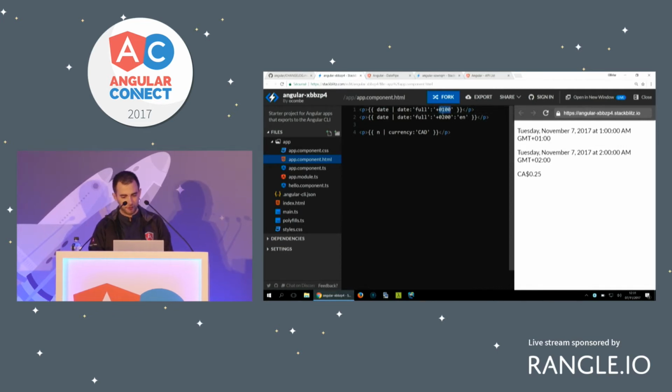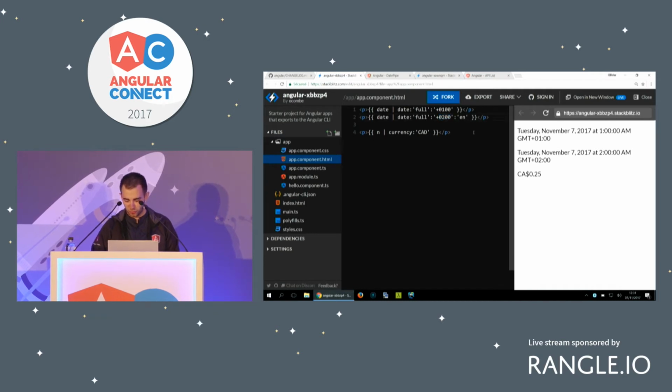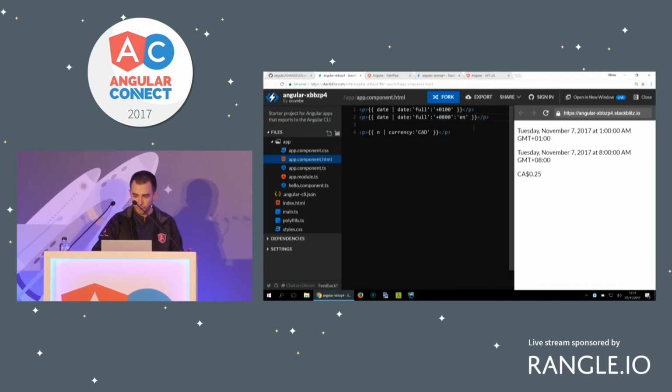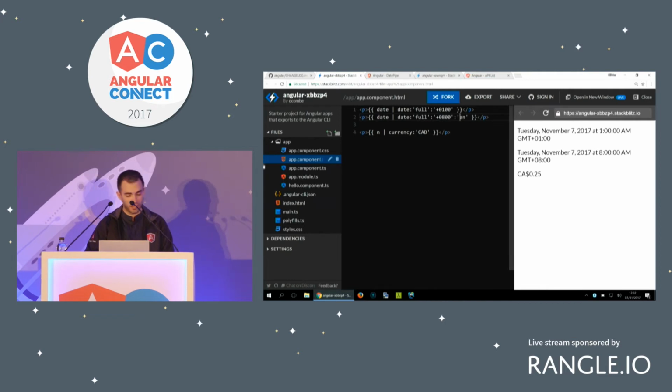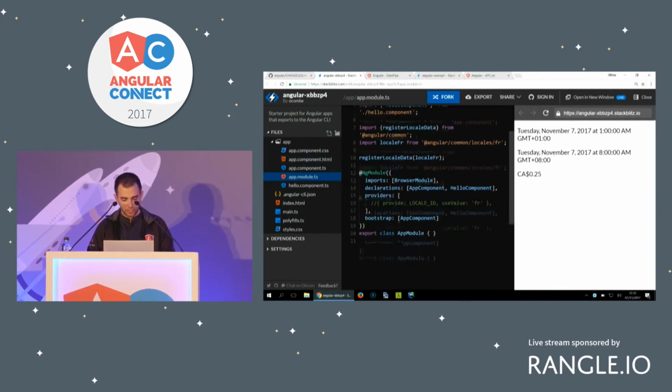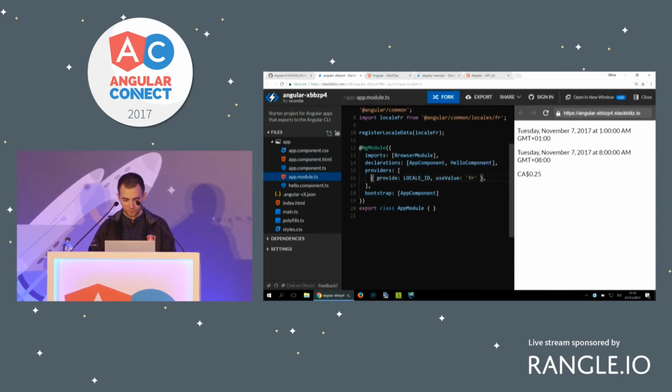Then the third parameter is now the time zone. So you can set this to anything that you want. By default, it will still use the time zone of the browser. And the last parameter is the locale. So in this case, the application is already in English, so both date pipes show the same thing. If I switch to French,